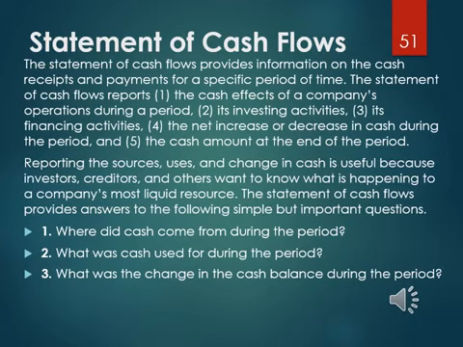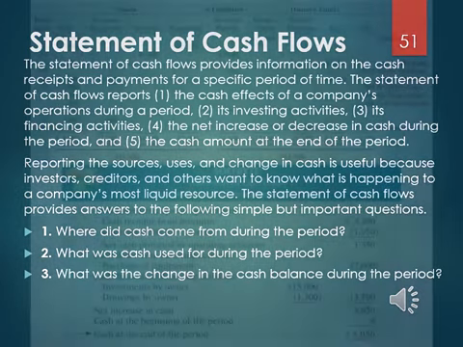The statement of cash flows provides information on the cash receipts and payments for a specific period of time. The statement of cash flows reports 1. The cash effects of a company's operations during a period, 2. Its investing activities, 3. Its financing activities, 4. The net increase or decrease in cash during the period, and 5. The cash amount at the end of the period. Reporting the sources, uses, and change in cash is useful because